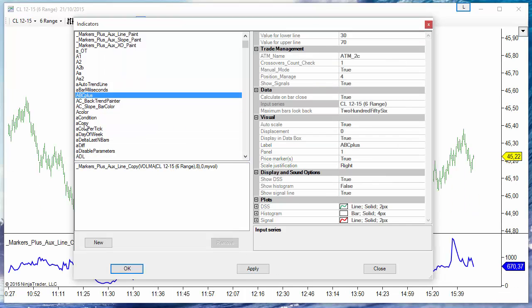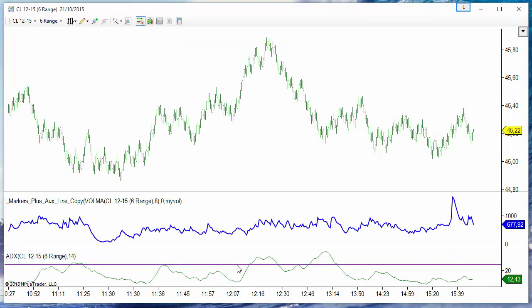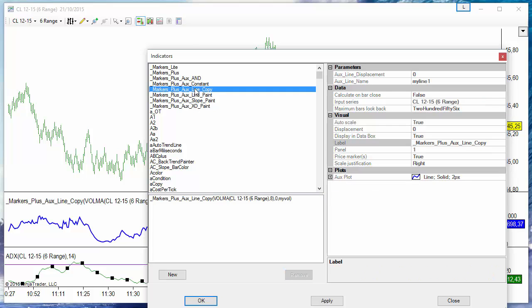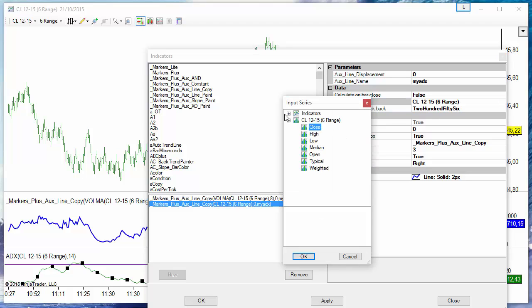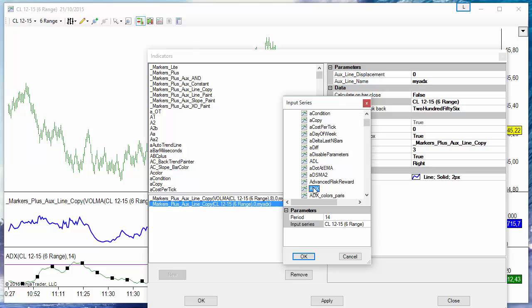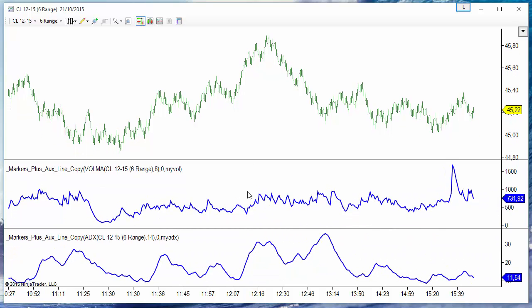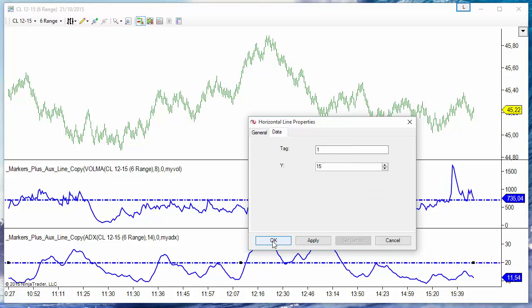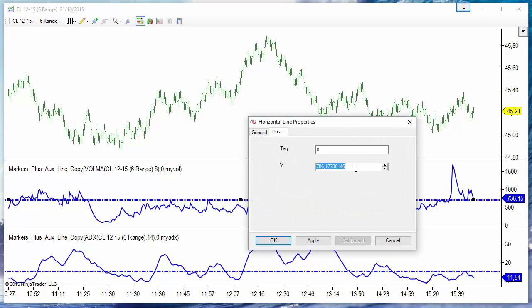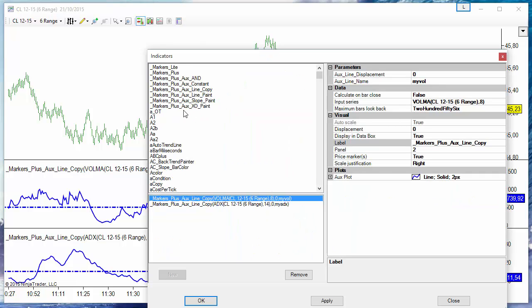And then the ADX, for example, with an ADX of more than 15, we can also put that into a copied variable, my ADX. So now let's say that we want to trade only when we have enough volatility, let's say 15, and enough volume, 500. I can put into markers